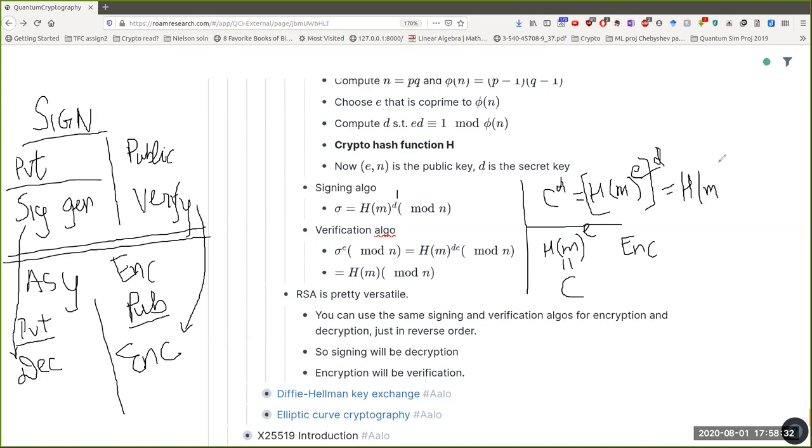Okay, this is a little wrong because I don't want my hash of message. I want my plain text back. Sorry for that, no hash at all. I want my plain text back. So that's how we know that yes, RSA is used not only as a digital signature standard, but also as an encryption and decryption standard.